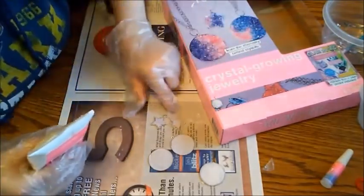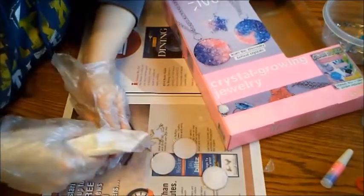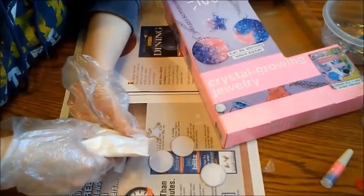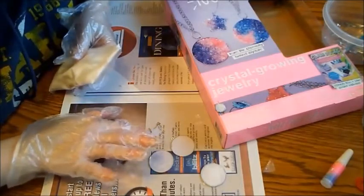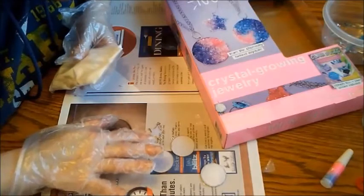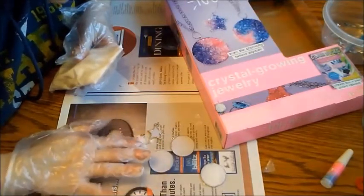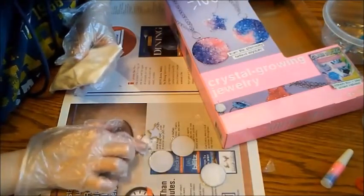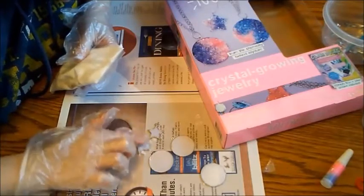I'm getting glue everywhere. Alright, and I want to make sure that I get my star ones really good because this is what I actually want to wear. Hopefully I didn't put too much glue in there. It didn't really say exactly how much, it just said spread evenly, so